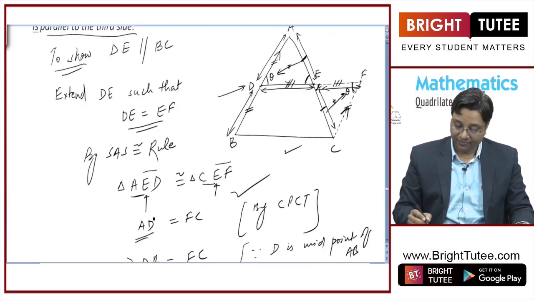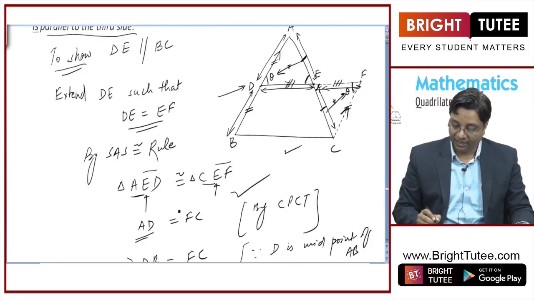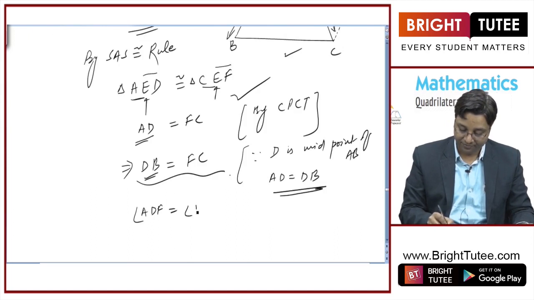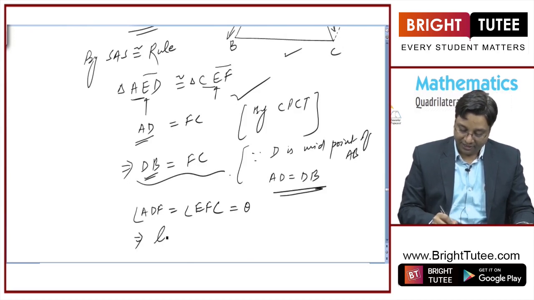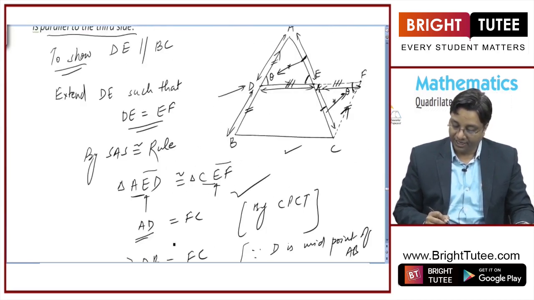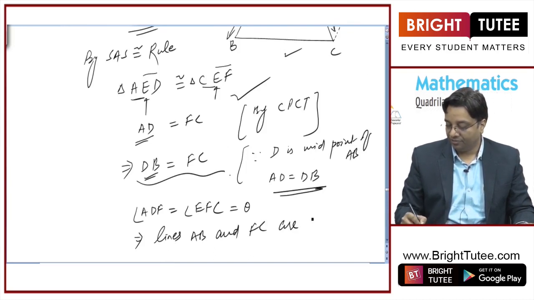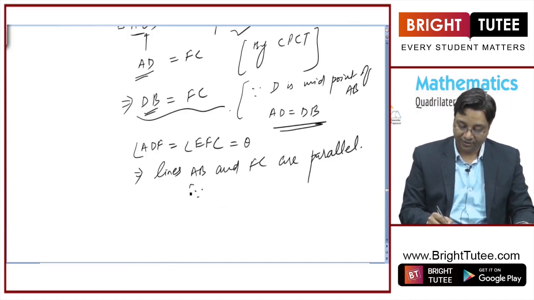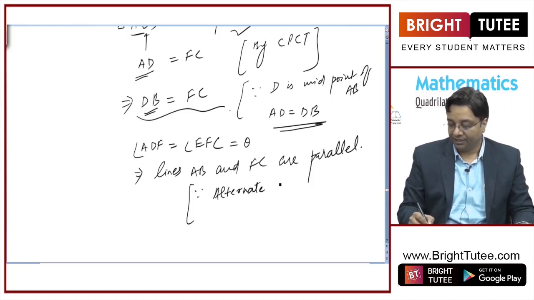So these angles are equal. Angle ADF is equal to angle EFC. I have represented these angles by theta. Hence, lines AB and FC are parallel because the mentioned angles are alternate interior angles,